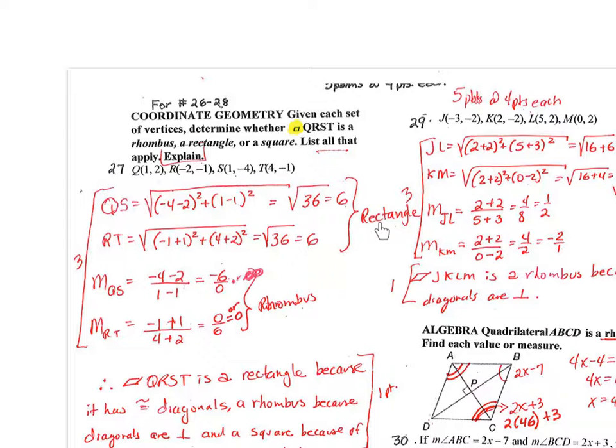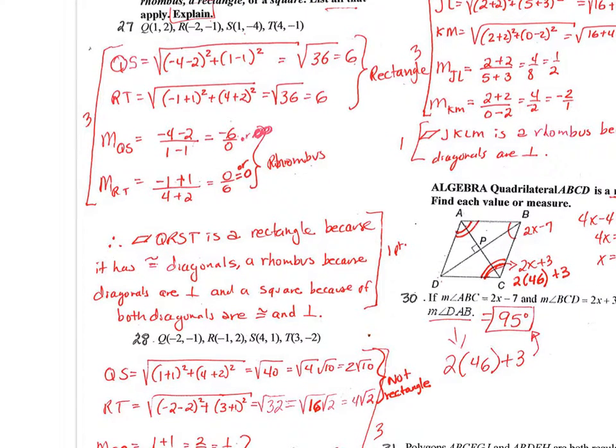So if it's a rectangle and if it's a rhombus, could that be a square? Could it be a square? If it's a rectangle and it's a rhombus? Yes, that would make it a square. Okay, and then you have to explain. On the test, I'm also leaving you all that long space because you have to write, okay? So make sure that you put the three dots, therefore,